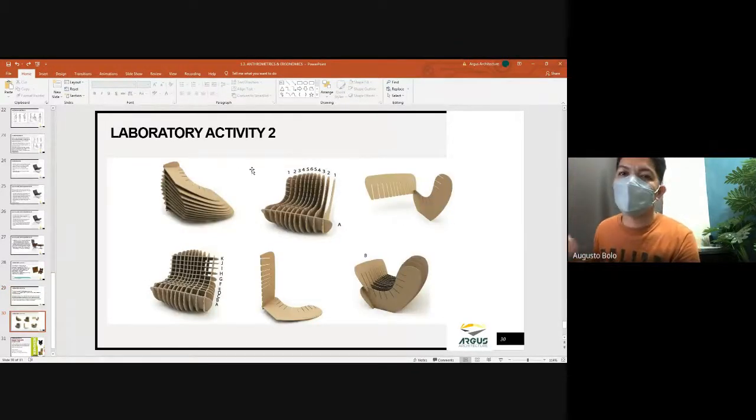Okay, ganito siya. So, the laboratory activity number 2 presented, hindi pa ito yung activity natin, is making a miniature chair na comfortable and yet easy to do, functional sa user. Okay? Why did I present this one to you? Because our learning activity number 3, good for 2 weeks, meaning week 3 and 4, ngayong week na to, until your submission is